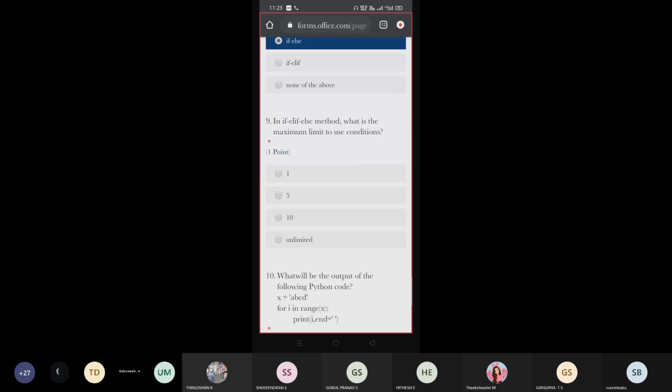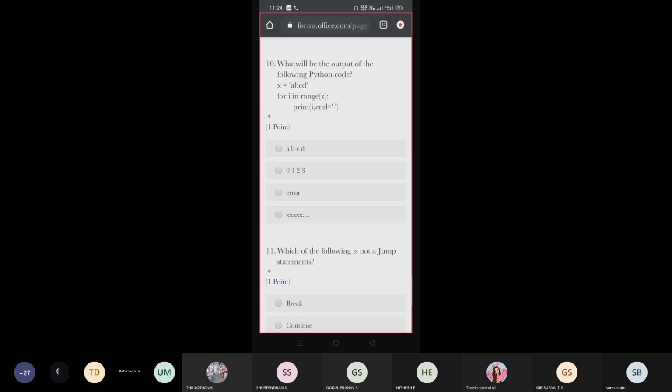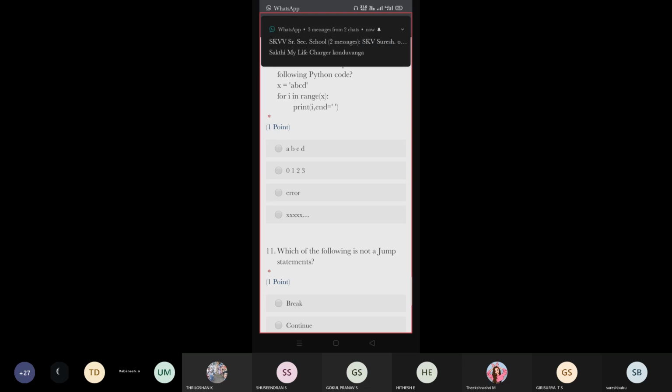So in the if else method, what is the maximum limit, students? Sir, unlimited. Okay, so we do not have any limit for this method. Unlimitedly you can use elif conditions. Then what will be the output of this following program?